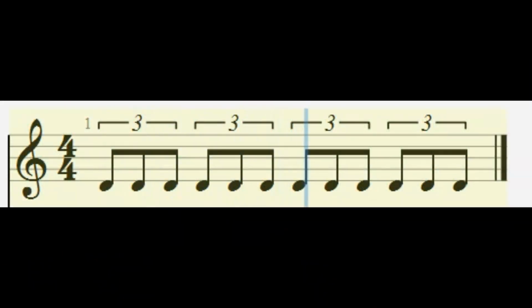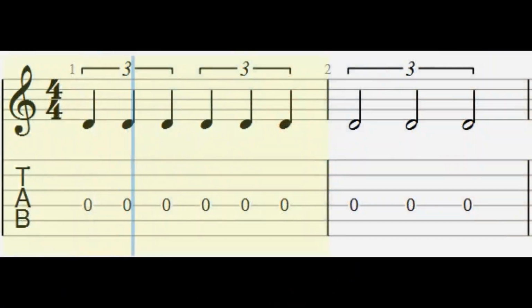However, let's go to triplets. So this is 3 notes in the time of 1 beat, or 2 beats, or 4 beats. Now, if you think about it, 1, 2, 3, 1, 2, 3, 1, 2, 3, 1, 2, 3. Okay, so 1, 2, 3, 4, 1, 2, 3. Okay, easiest way to think of that rhythm is the following: riddly diddly, riddly diddly,